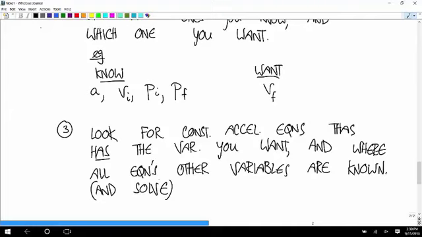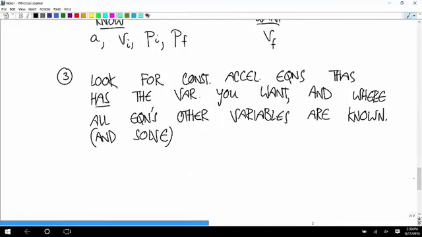So how does this work out? Well, you can't use an equation to solve for a variable that doesn't appear, right? So obviously, the variable that you're looking for has to appear in the equation you use. And a single equation can only let you solve for one variable. So that's why all of the other variables that appear in the equation have to be known for it to work. Okay. There's no guarantee that there's going to be an equation like this. Most of the time there will be. But if there isn't one like that, if no equation works in step 3,